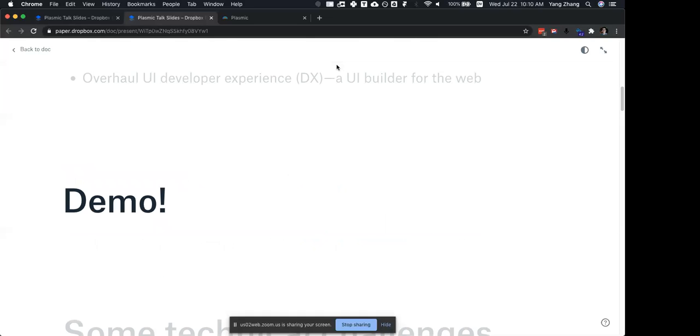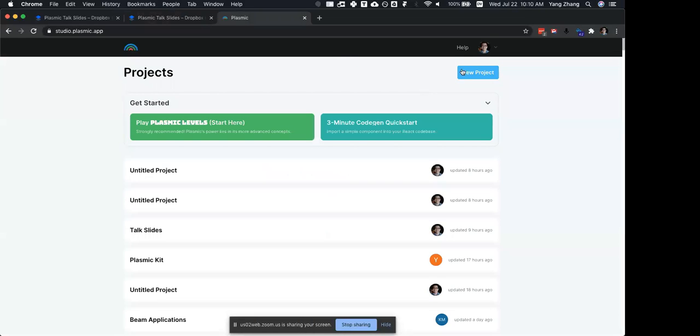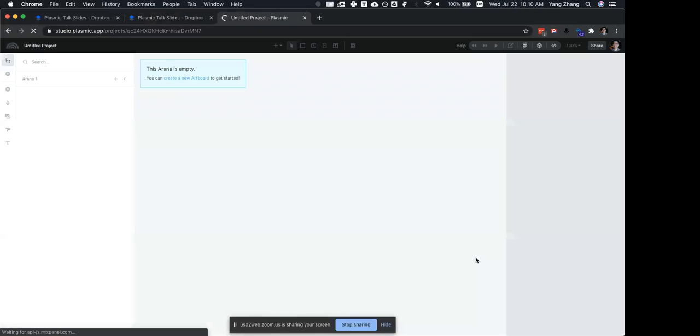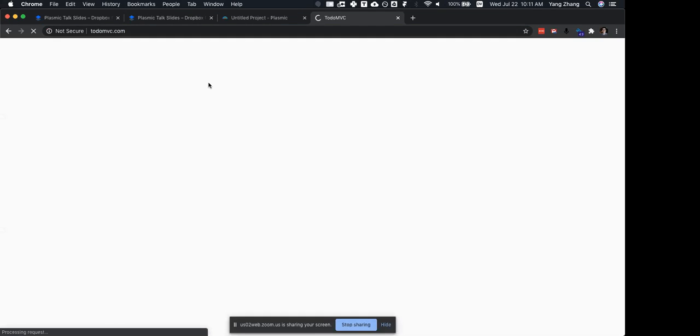But for this next part, I will jump into a demo. So we'll quickly run through a flow of using this thing just to get a sense of what it does and how it works and all that. So this is a tool. It's a browser-based sort of studio editor. And for this demo, I'm actually going to be building out this to-do MVC,